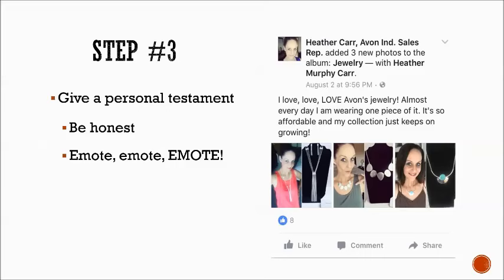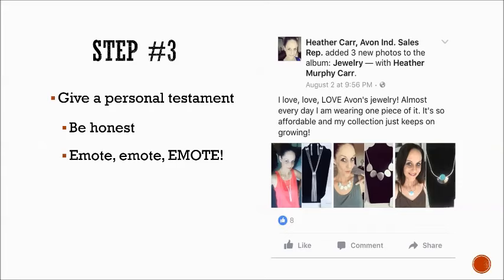The next must is to emote, emote, emote. Let your feelings show. If you're feeling goofy, post silly pictures. If you're feeling sad, put your frown on display. Why? Because customers identify with you more when you let your emotions come out. They respond to whatever you put out there. So next time you watch a movie that makes you cry, snap a selfie and point out how well your wash-off waterproof mascara stayed put.